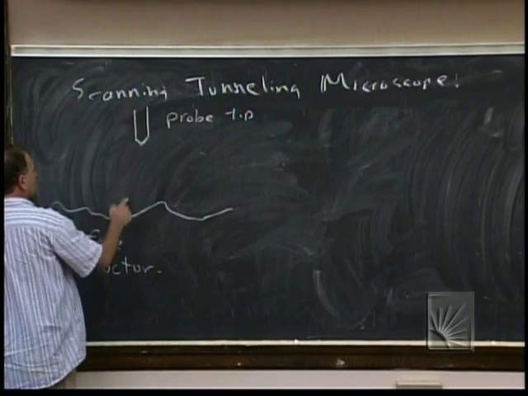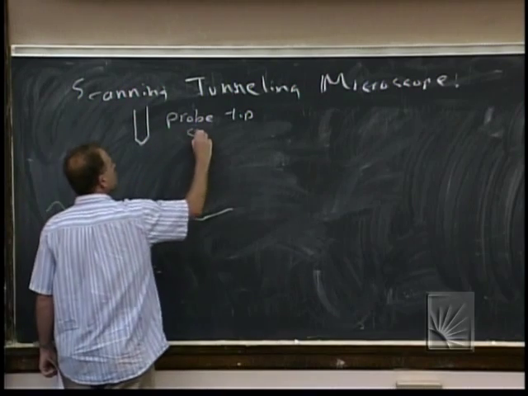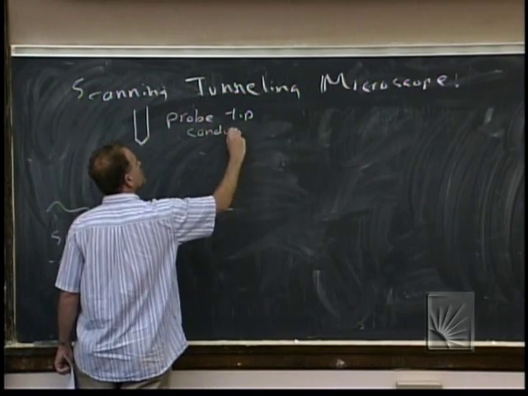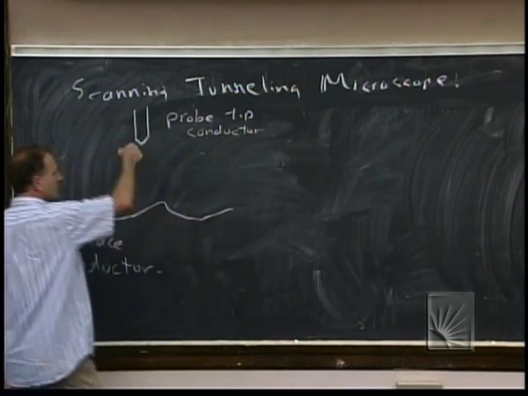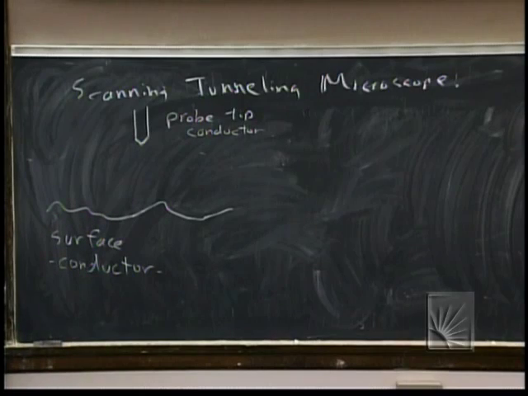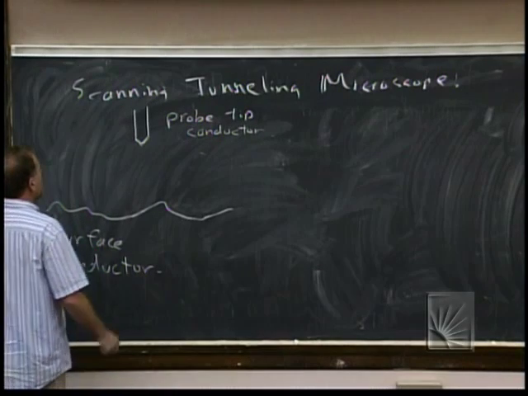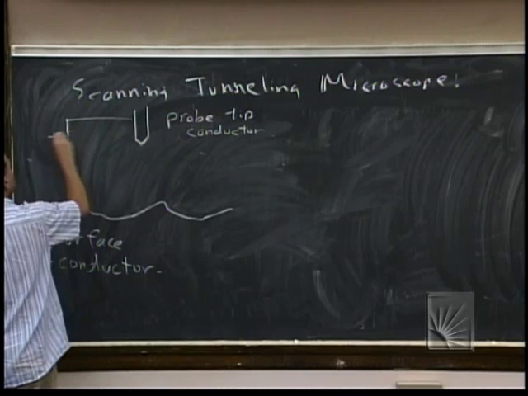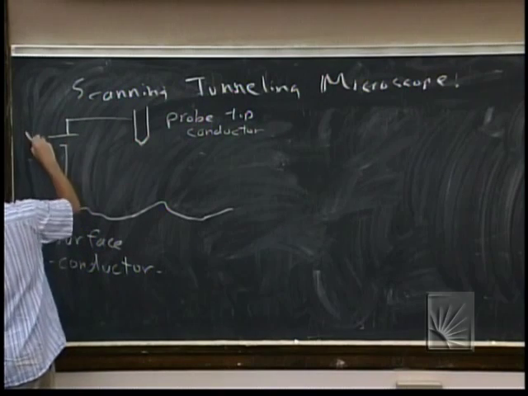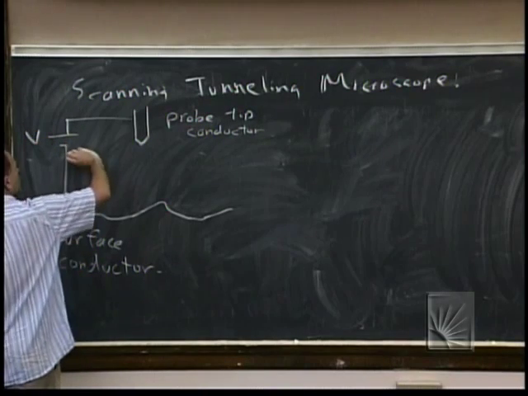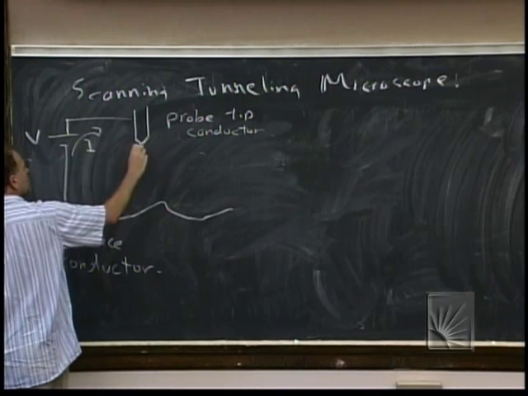And you apply a voltage between the two. This is also conducting. This is a conductor. It's metal, or actually it could be a carbon nanotube at times. But those conduct. And you put a voltage between the two. Battery, it's V. And current flows